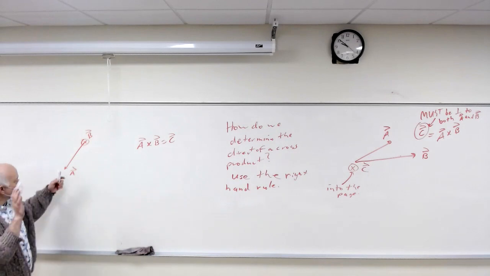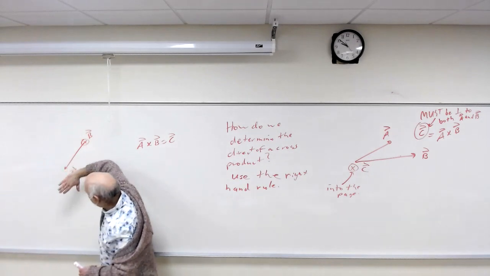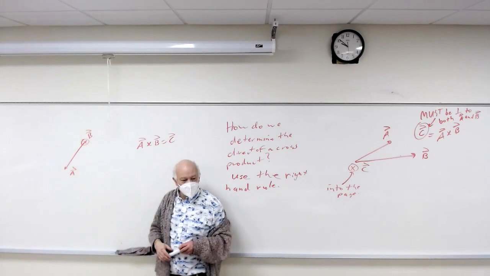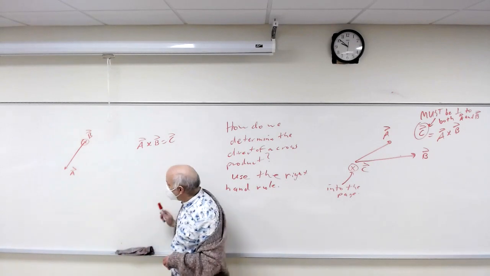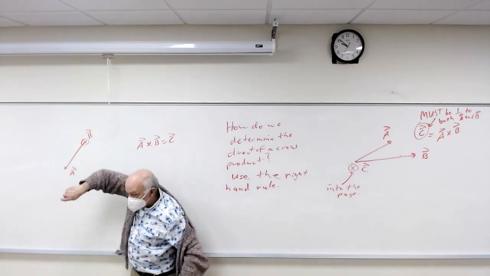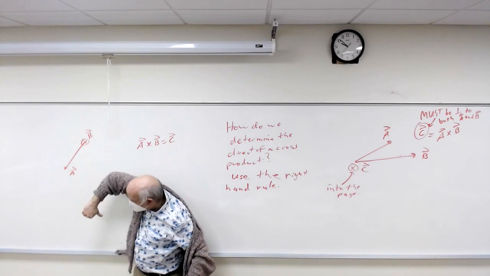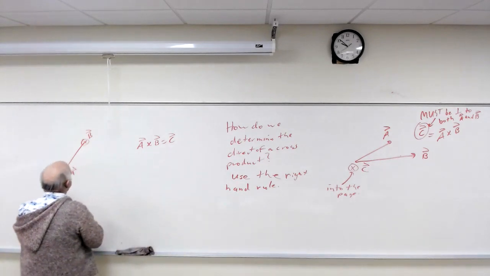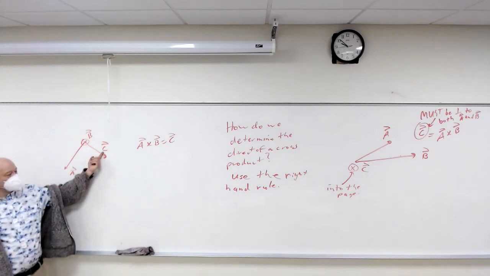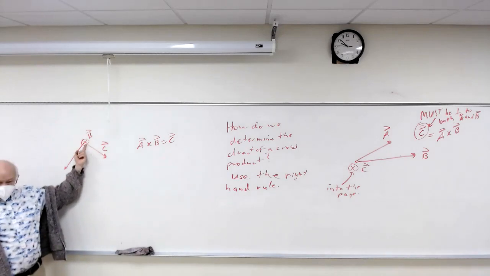Along the direction of A. So I have to go like this. Any orientation like this will work. Then what do I have to do? Fold in. I have to bend them in the direction of B. How is B going? Into the board. So A cross B, because B's in, my thumb's like this. So nice to have 1, 2, 3. So what do we know about this? This is perpendicular to both B and A.